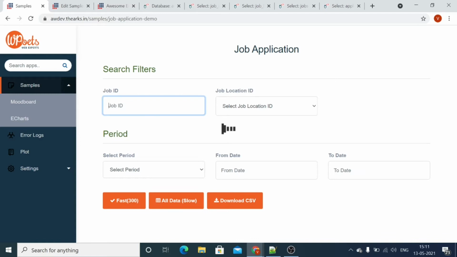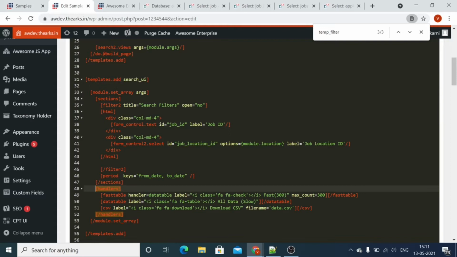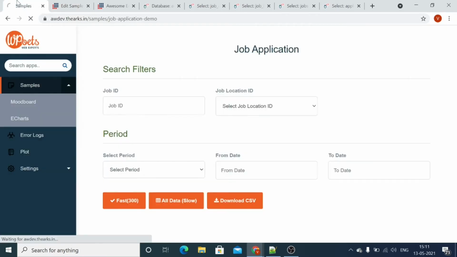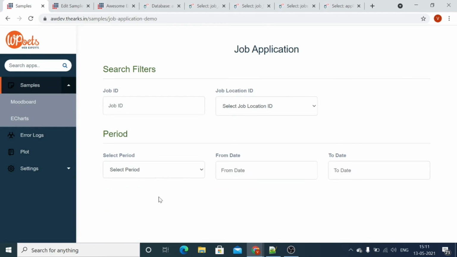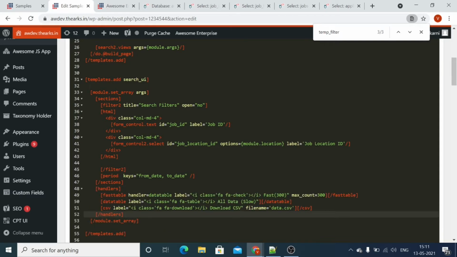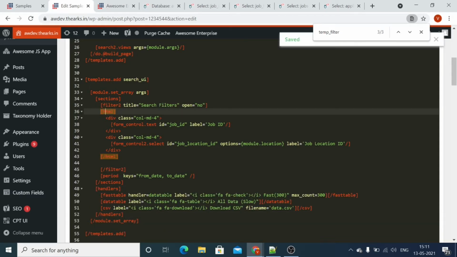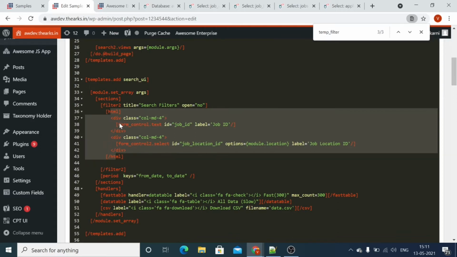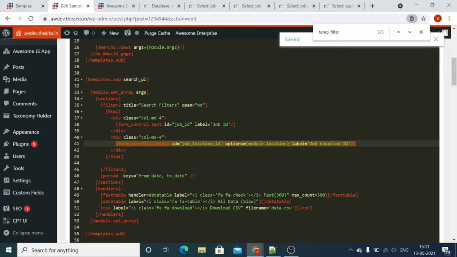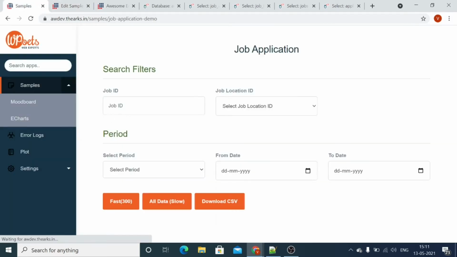Now you can see the job ID, the location is appeared and the table. Now let's remove this one. Now you can see the handlers are removed. So basically the filters are added by using the form control dot text and the form control dot select. So this will help us to render these two controls,